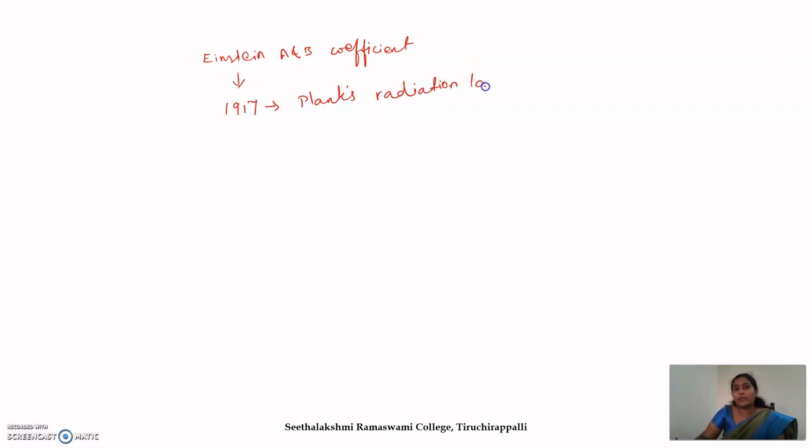Here in this Einstein AB coefficient, the coefficient A is related to the spontaneous process, whereas the coefficient B is related to the stimulated process. We know that spontaneous absorption is not possible in thermal equilibrium, whereas stimulated emission and stimulated absorption are possible. Alright, so now in order to explain this Einstein AB coefficient, let's consider that we have a